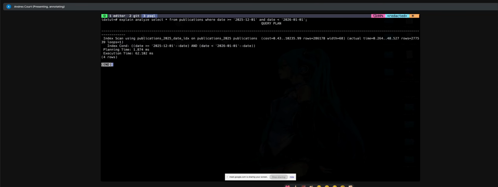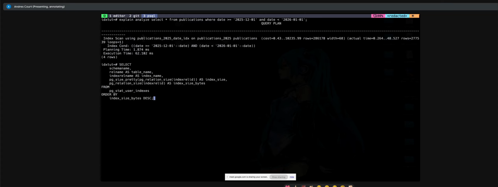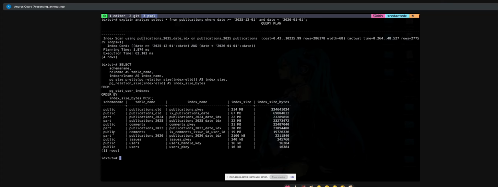So everything is working. And if we see the index, it automatically created the index for 2023, 24, 25, and 26. So I maintained the main table, and every change went down to the partition tables. So that's at a glance what I prepared